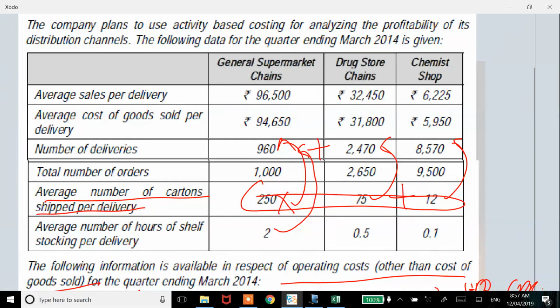What is the revenue figure? 96,500 into number of deliveries. Please read it properly. It says average sales per delivery. So be careful about these parts. You will keep having hidden adjustments here and there. So revenues is